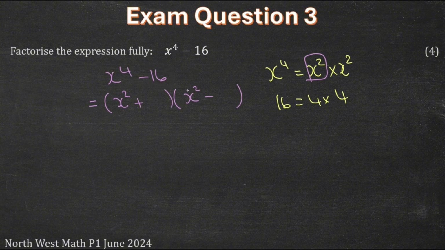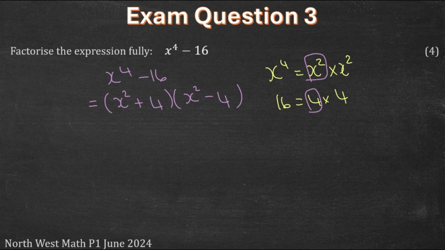That is 16. What is the square root of 16? So what multiplied by itself will give us 16, and that is 4. So I can write 4 in the second space of each bracket. Now that you factorize this and you say that you are done, you always have to check whether you can